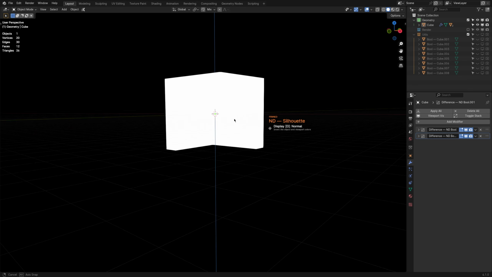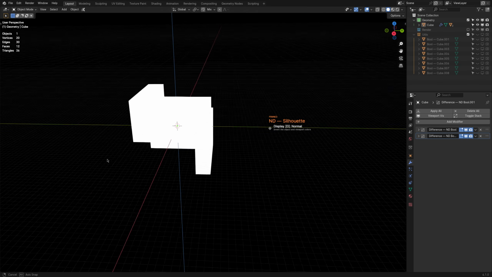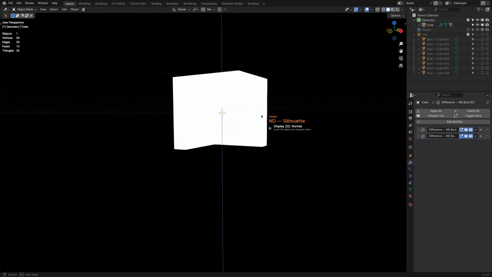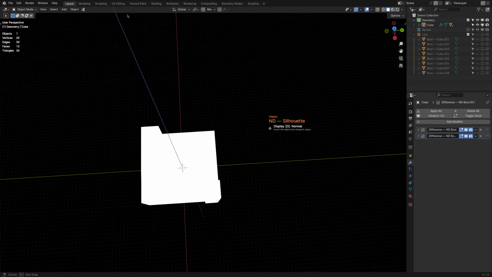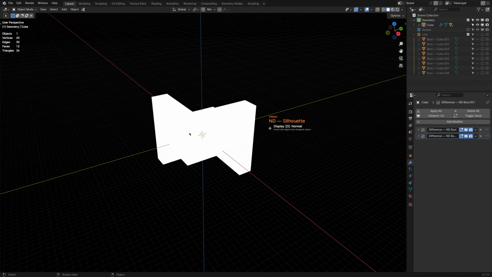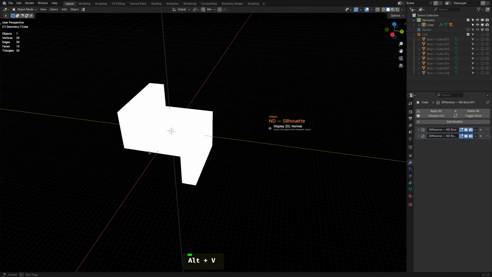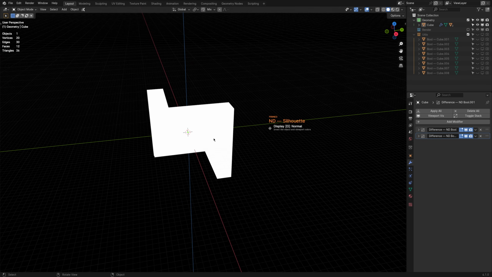ND will apply a temporary flat shading to your object and viewport background. This combination allows you to inspect your object's silhouette without the distractions of its surface details or shading, which is precisely what you want given that surface details are often baked. You can also toggle the foreground and background colors.